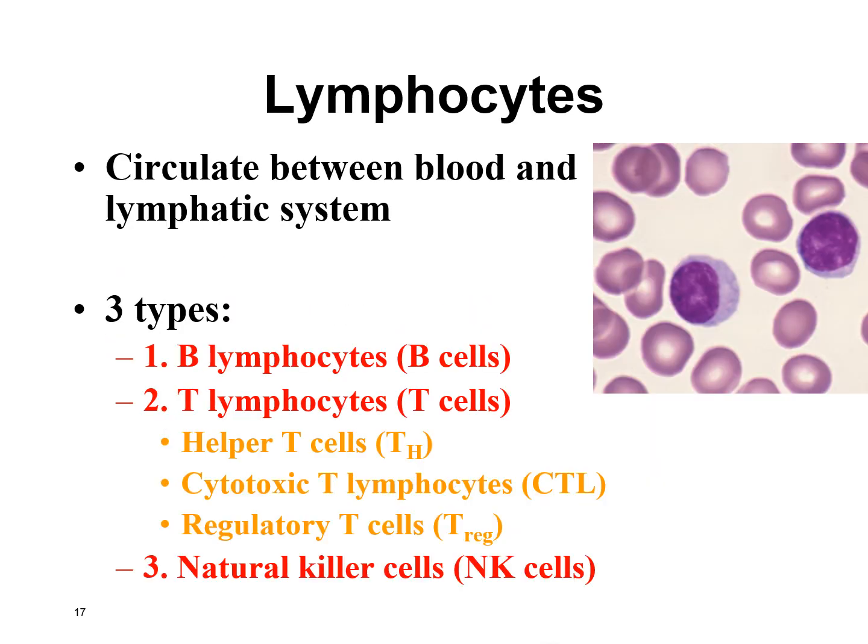The lymphocytes, they are the smallest of the white blood cells, and they have a really big nucleus. That's how you recognize them, with very little cytoplasm. There are 3 different types of lymphocytes. We have B lymphocytes, T lymphocytes, and natural killer cells. The B and T lymphocytes, both of those are part of the specific immune response, and we'll talk about those more in the next chapter. The natural killer cells are non-specific. They will go after and kill any infected cell or cancer cells, so they're not going to be picky